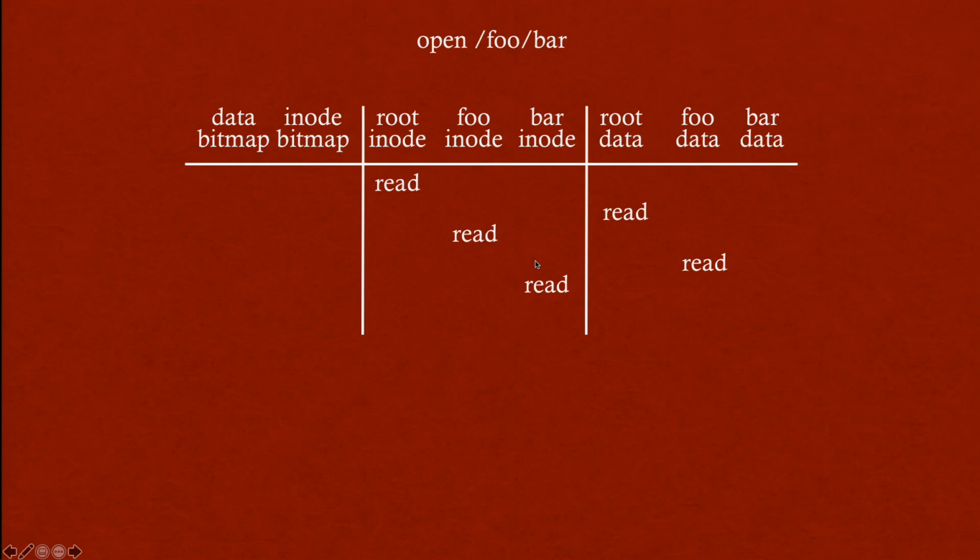So the only time we'd have to look at the data bitmap would be if we were trying to allocate more data for that file. And so when we do a write, then we will need to read the data bitmap, but not yet. Yeah? I know this is not very relevant to the course, but very technically speaking,